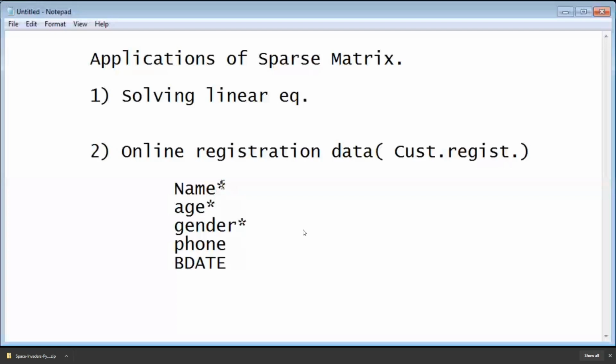Yes, it is important, mandatory ones. I am not giving birth date a star. I am not mentioning birth date as a compulsory field, as a condition to store my value or to submit my form. Not even age. I removed it. Name, gender, and phone are the compulsory fields in my registration form, while age and birth date are not mandatory. Means if you have not filled anything over here, your form will still get submitted.